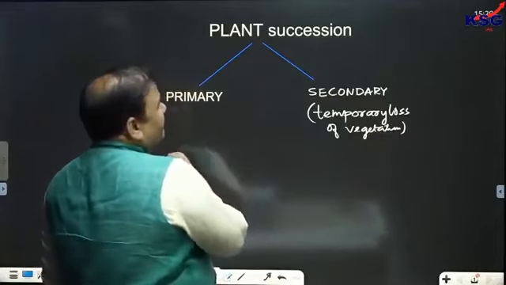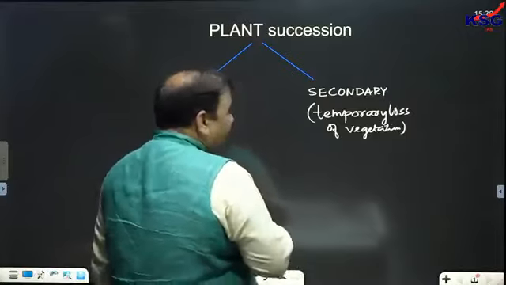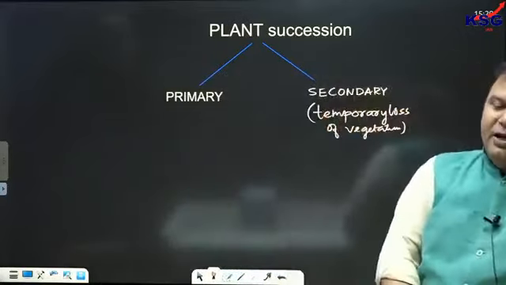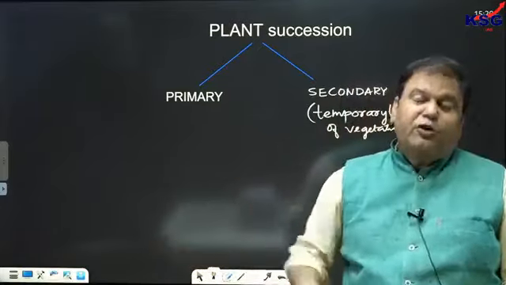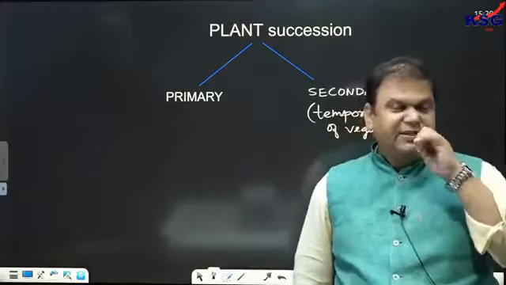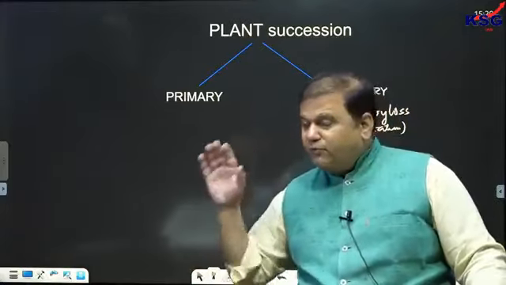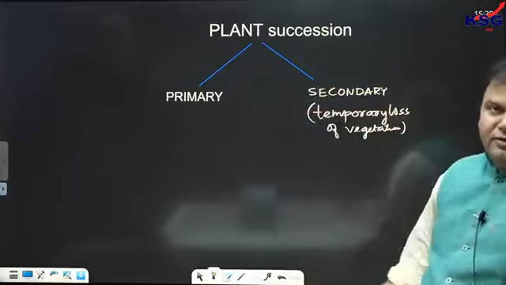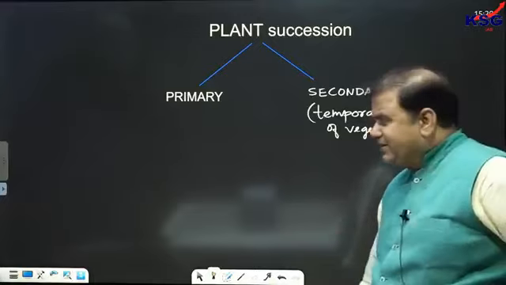And here it is established in an area which has not witnessed any kind of vegetation. Now, the vegetation which is established in that area where primary plant succession takes place is called primary vegetation. And based on primary vegetation, there are two concepts in environment that you have to know. Clear? So write down second principle of ecology and we'll deal in detail about this. Write down plant succession.